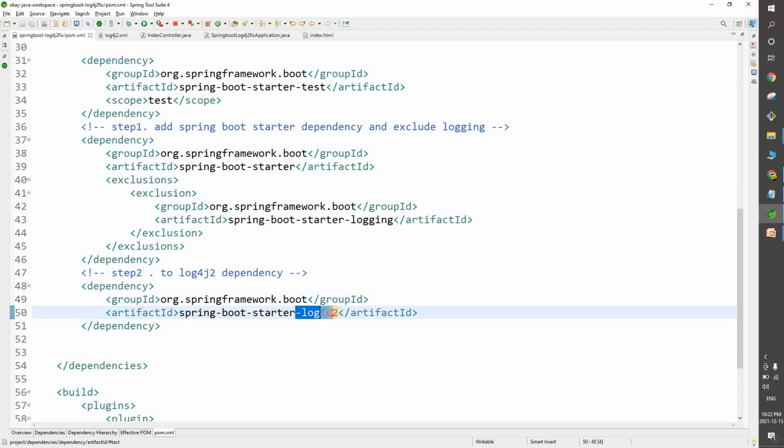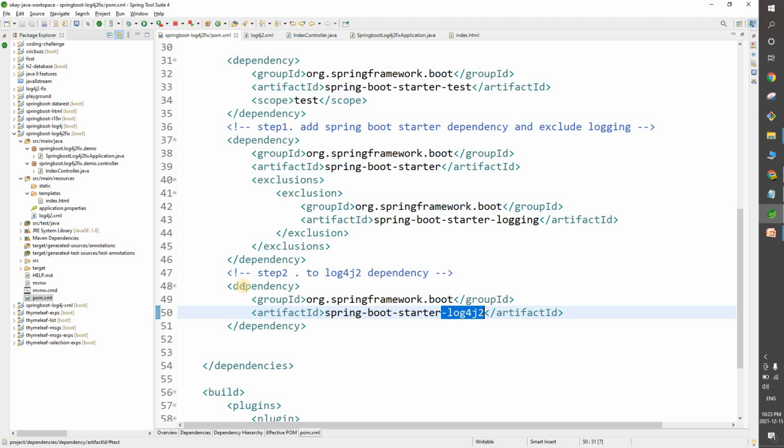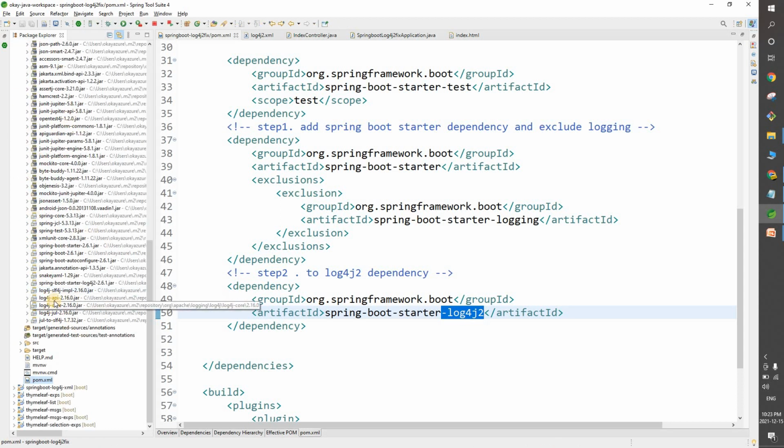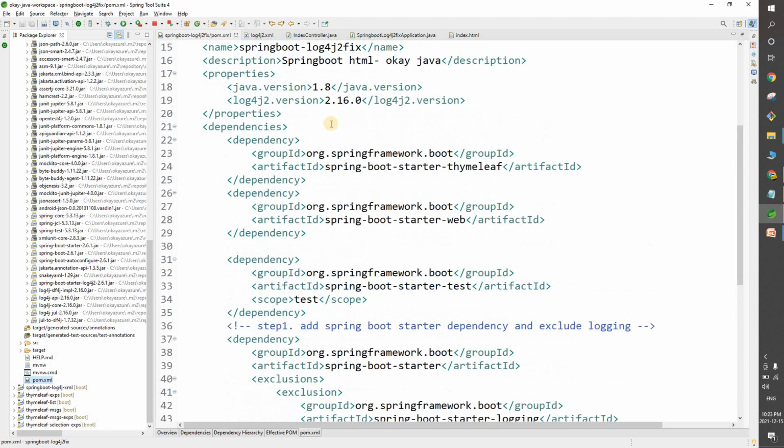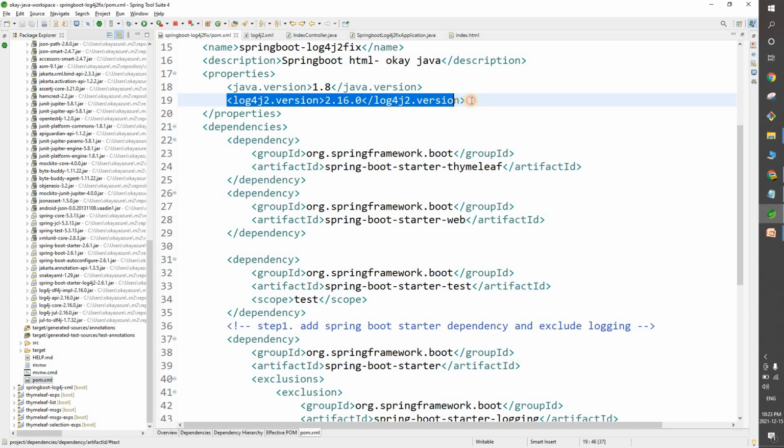Guys, so this particular dependency will bring down the log4j2-API and log4j2-core.jar files. We have seen there, right? So this single dependency will download both of these jars. Alright, and here we have mentioned which version of log4j2 we want to use. So we are using the latest version, which is 2.16.0.